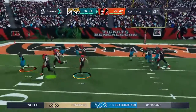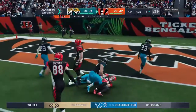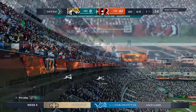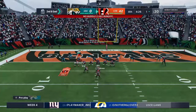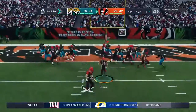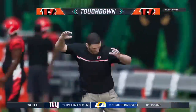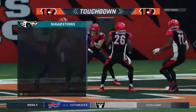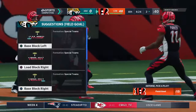They'll run with Lindsey. And he's going to press this one forward as they stop him right around the 1. Give him 4 on the carry there at 2nd and goal. 4-yard gain. 2nd and goal from the... And he is in. Touchdown, Bengals. Philip Lindsay with his 2nd TD of the game, his 6th on the year. And the Bengals...